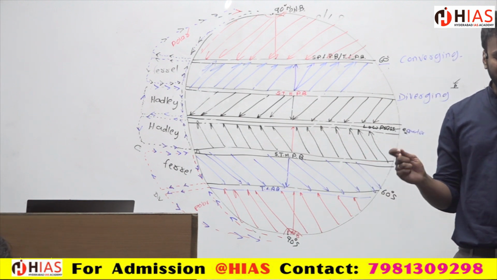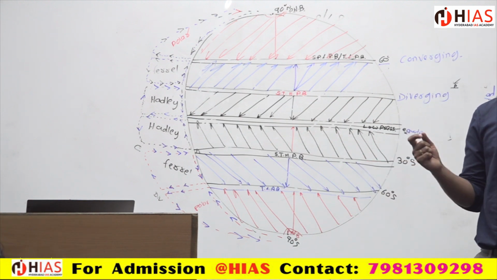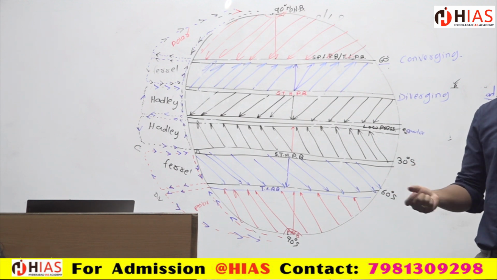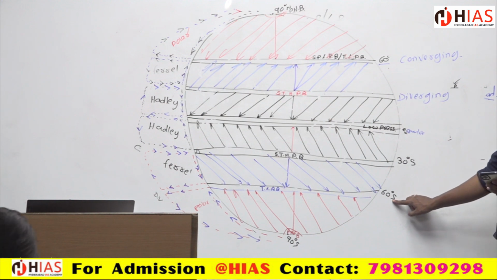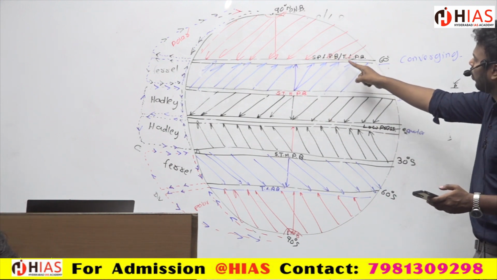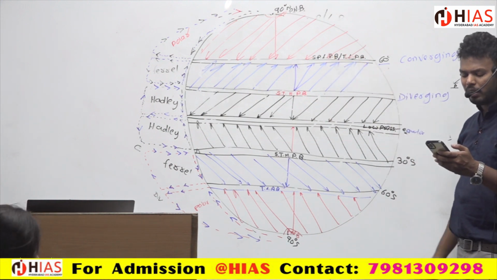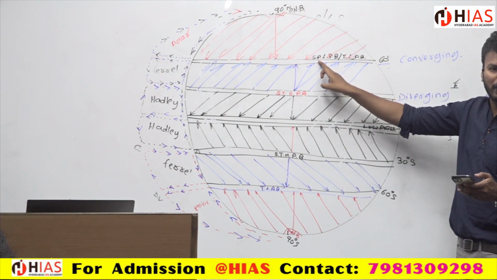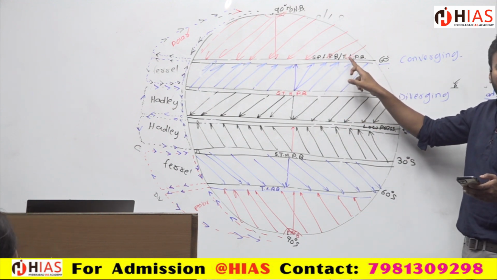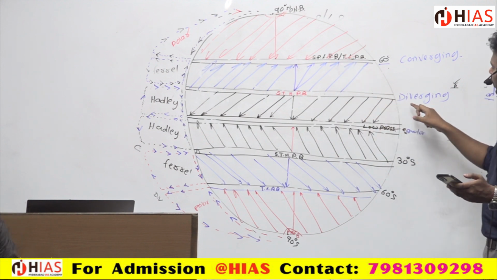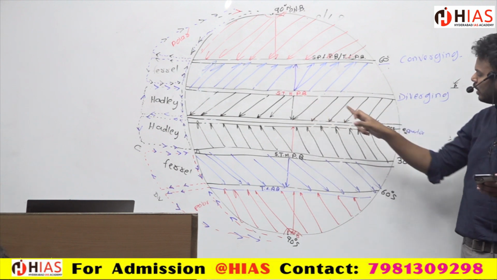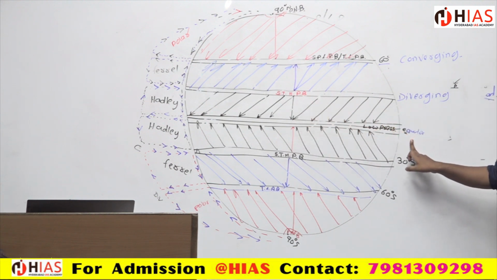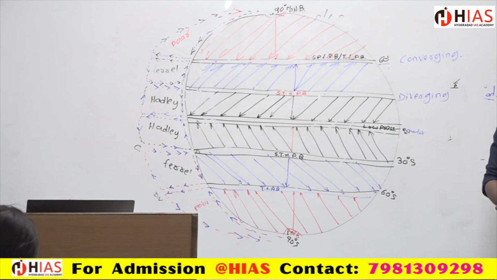Subpolar low pressure belt, subtropic high pressure belt, equatorial low pressure belt, they have given it as zones. Subtropic, see, this one I told you, subtropic high pressure belt. The subpolar low pressure belt is also called the temperate low pressure belt. Below that I gave you STHPB, subtropic high pressure belt, and this one is the equatorial low pressure belt, ELPB.